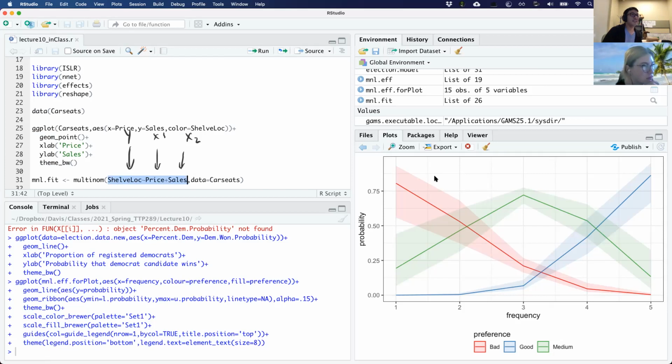It's kind of a silly example, because probably the shelf location actually influences the sales, right? But I need a categorical variable in the y to show as the example.